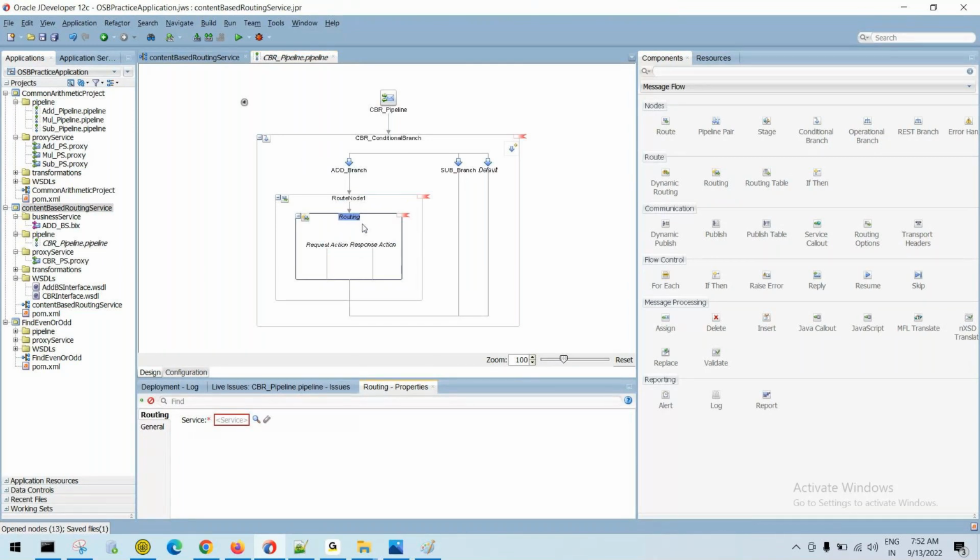It is the same as your invoke activity in BPEL. Okay, invoke activity invokes the target service, right? Similarly, this routing action invokes the target service. What is our target service? Our target service is a business service. Okay, select this